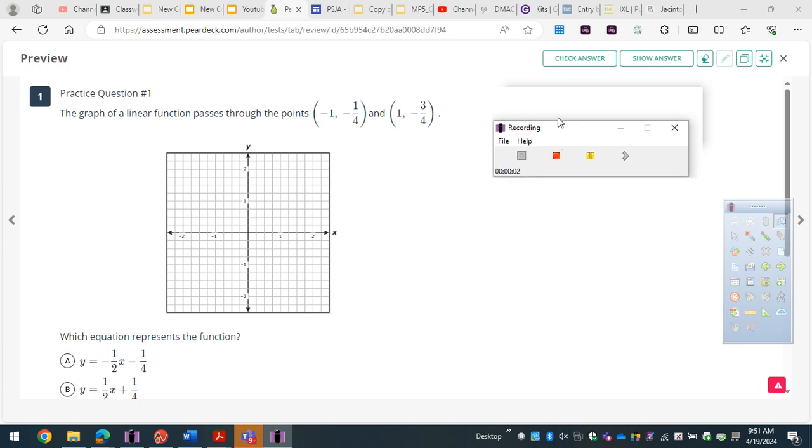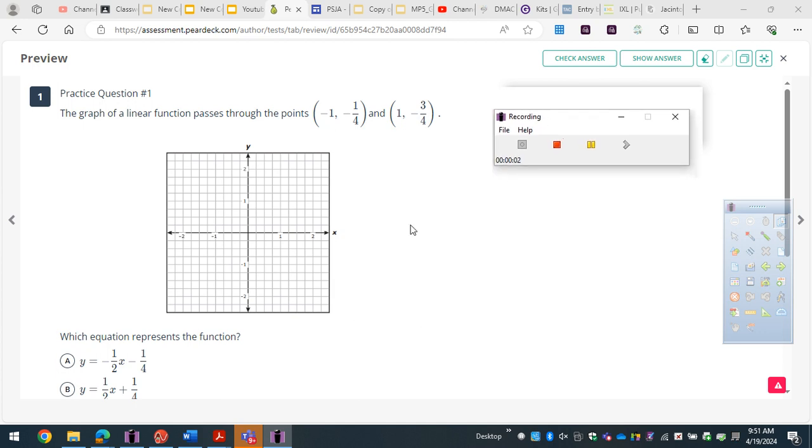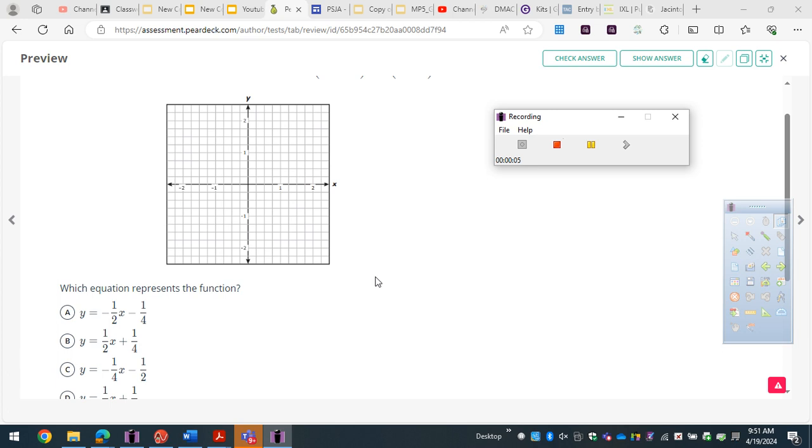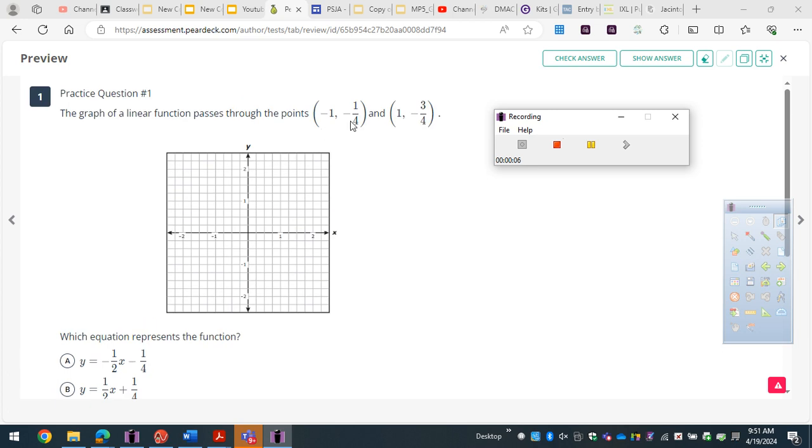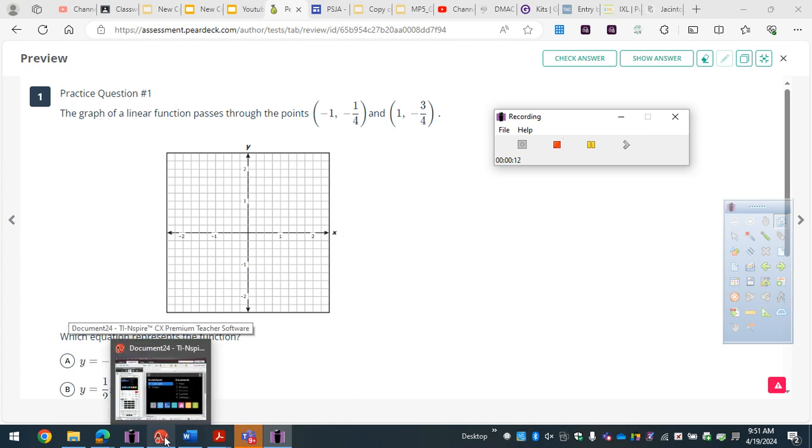Here is a graph. The graph of the linear function matches these 2 points. Which equation is this function? So there's different ways of doing it. I'm just going to go, once you see a graph, once you do 2 points, we're going to do this in spreadsheets. So we're going to open up the thing,